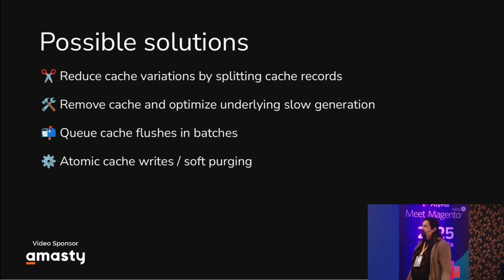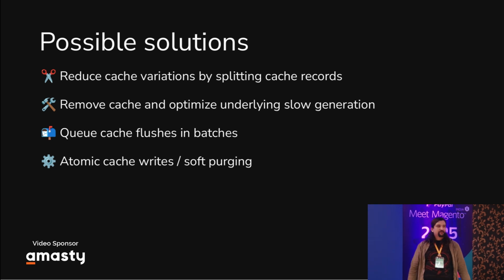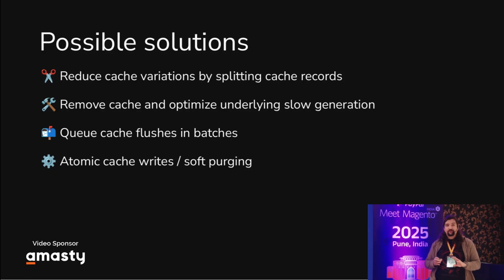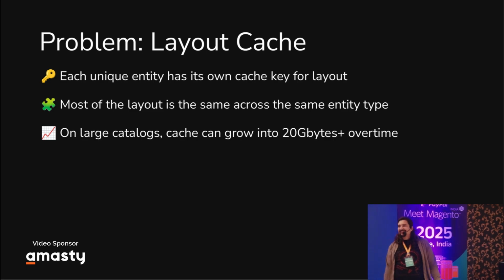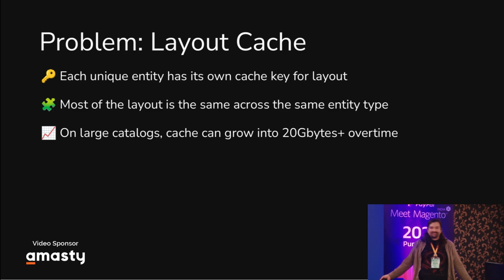One of the biggest problems in Magento that I see all the time is layout cache. Does anyone here use the Magento widgets functionality for categories and product pages? Anyone knows about such functionality? But no one is using it, right? So one of the most important things is this functionality kills your Redis clusters. Each unique entity in Magento has its own version of XML layout stored in Redis storage. So imagine you have 1 million products, so you have 1 million Redis entries, one for each of the products, right? That doesn't make any sense.